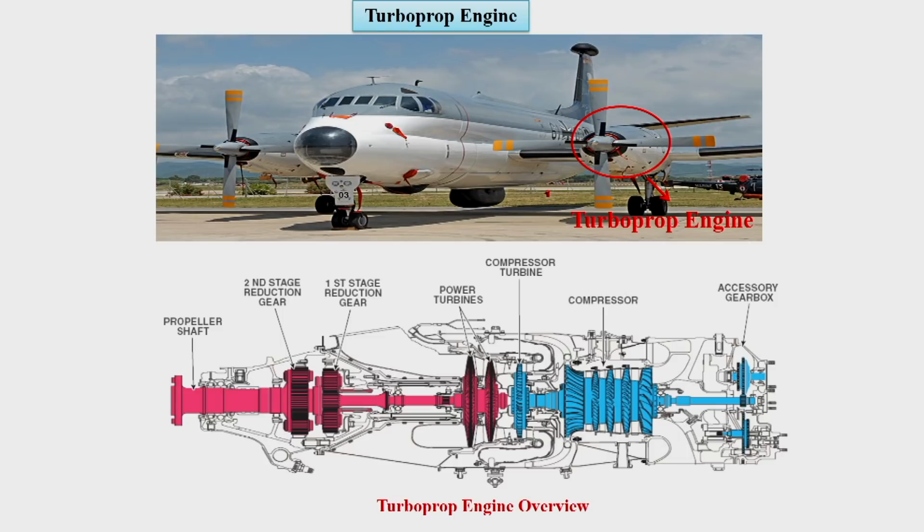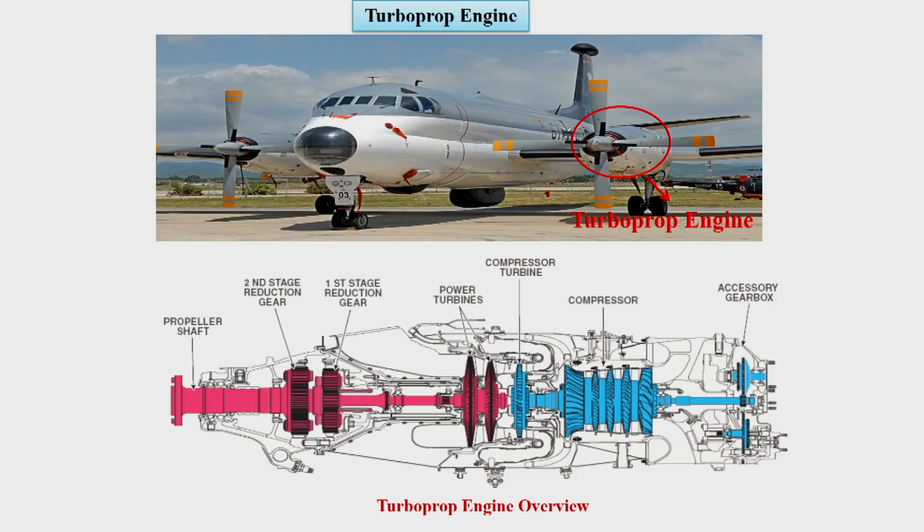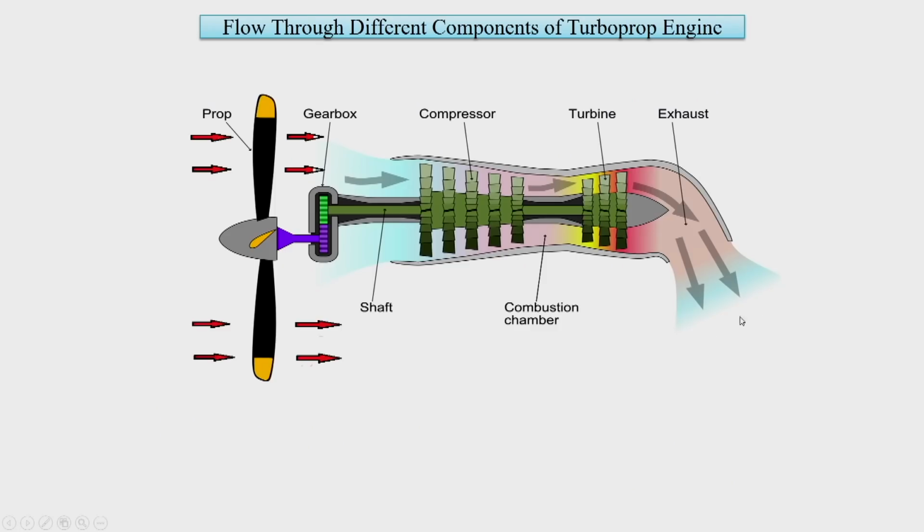The propeller churns a large mass of air, takes the mass of air at a certain velocity and then sends it to the backside of it, and as a virtue of this it gets a thrust, since it is pushing back the air. We have seen this in the formula for thrust calculation. So, in case of turboprop engine, as said earlier, we will have a propeller, but that would be run by the gas turbine power plant.